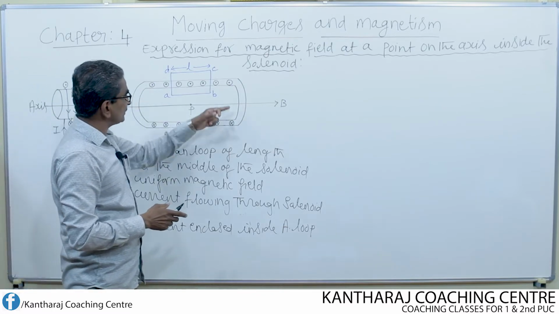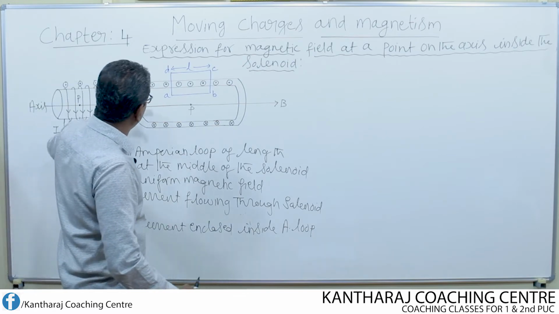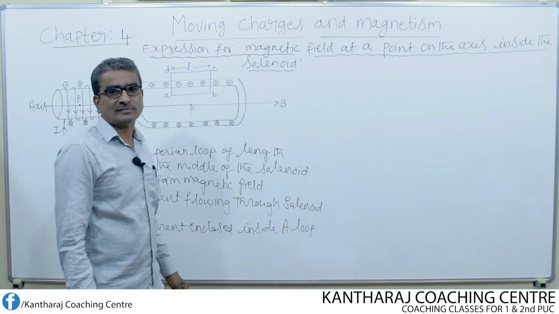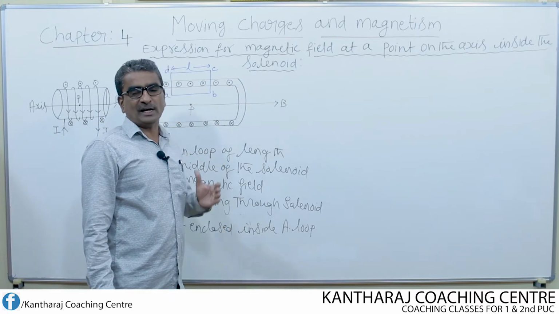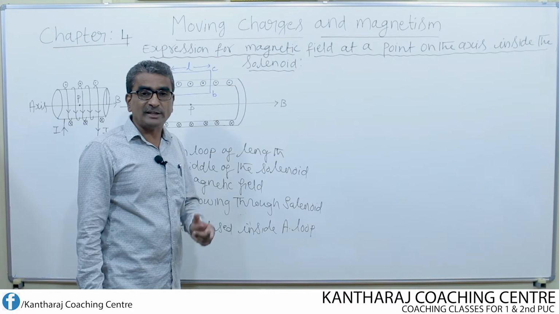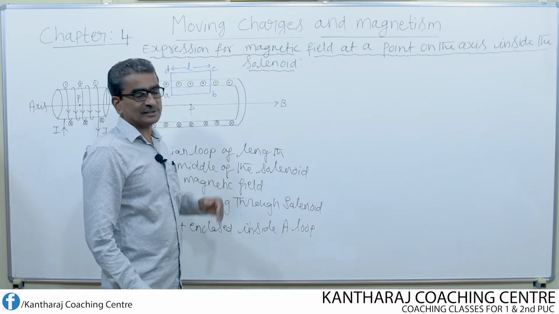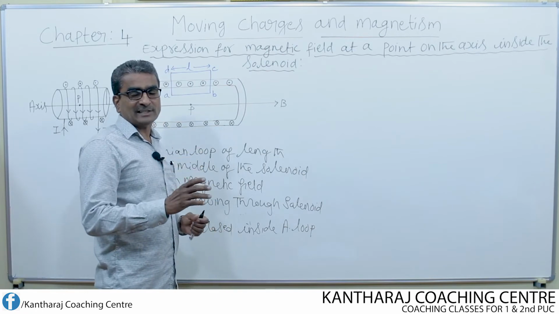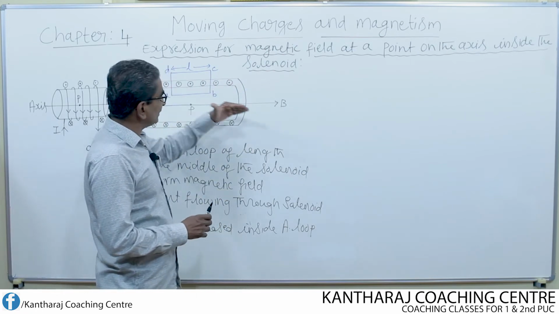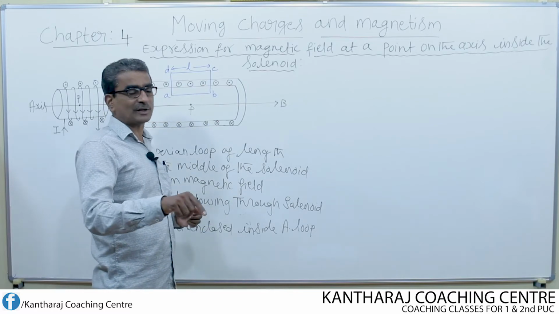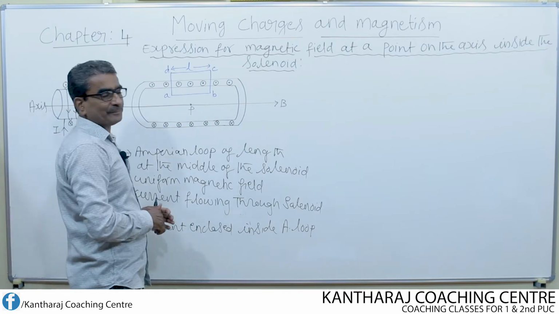So that is what is represented here, and we know that the magnetic field will always be along the axis. In case of a circular coil, a circular loop of wire, and also in case of a solenoid, remember the magnetic field will always be along the axis. Other than the axis, the magnetic field cannot exist in any other direction. It runs along the axis depending upon the direction of current. Either it will be towards this side or it will be towards this side.